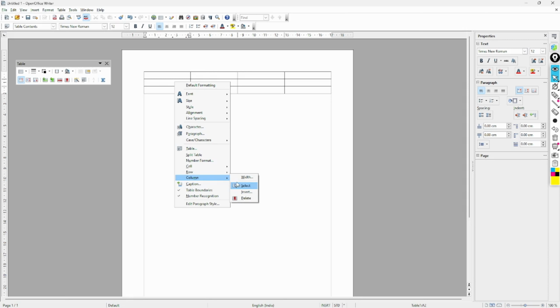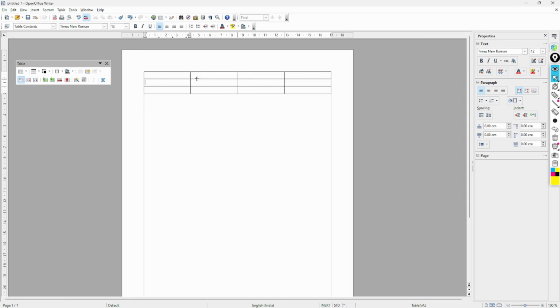Now I am in this column. So if I want to insert a column, I will select insert and the box will appear. If I want to delete this column, I will press delete. Column got deleted. See, like this you can also do it with the help of right click.